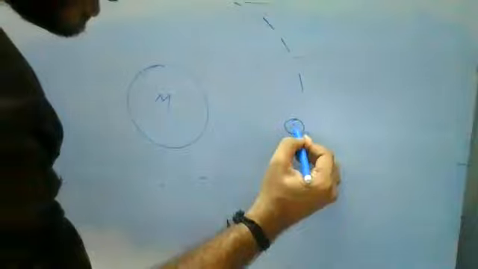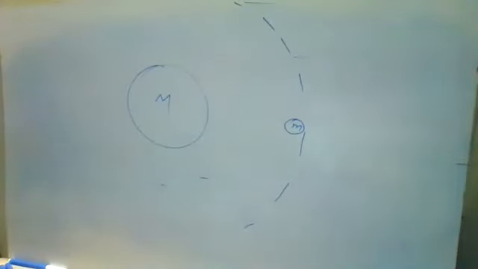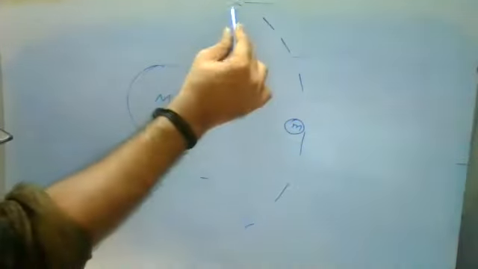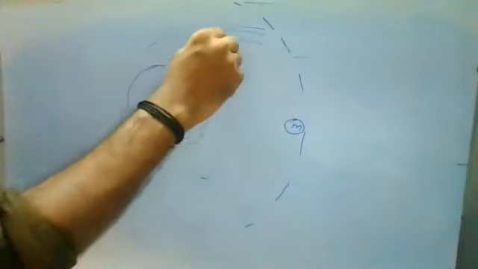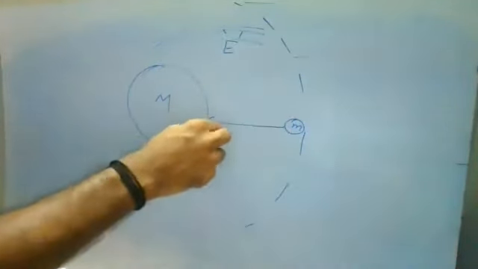Assume there is a planet, which is capital M. I call this the source. Because of the source, there will be some field around it. Now what I'll do is place a small mass inside the field, the gravitational field. Because of the gravitational field, the mass will try to be attracted towards the capital M.